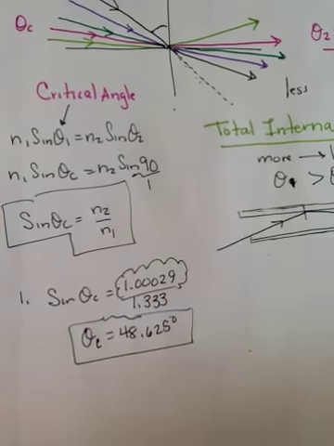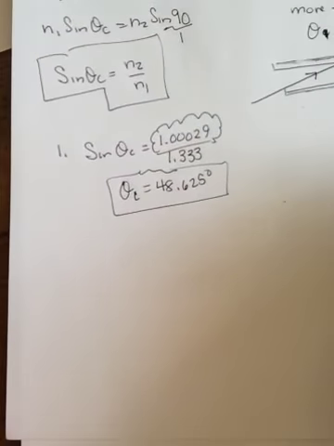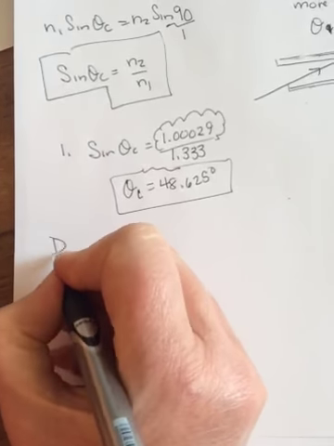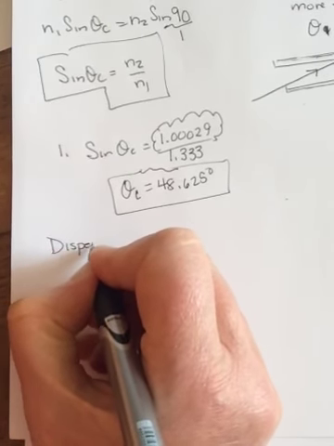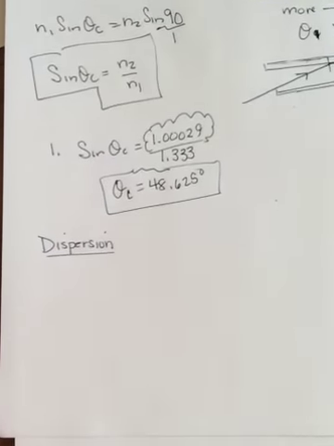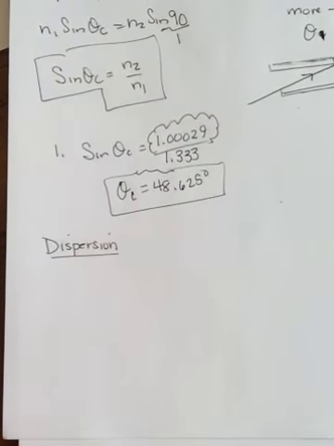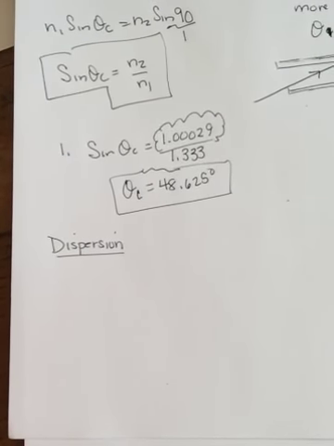But we do have one more thing to talk about, a little bit more to go before we're done for today. Our next thing to talk about is dispersion, and we'll have to come back for it because I think we're going to be out of time here in a second. And on the sheets that we uploaded for you, during color, this